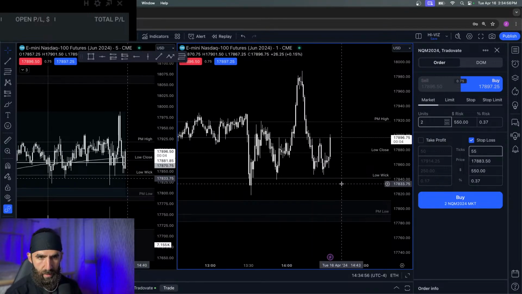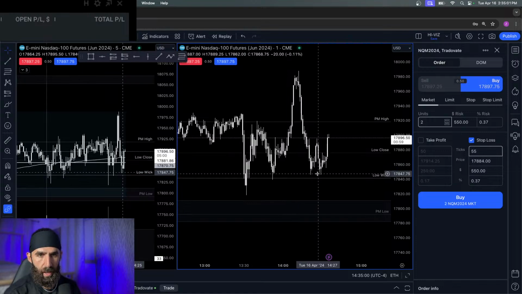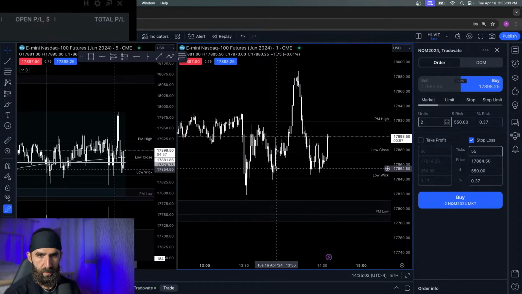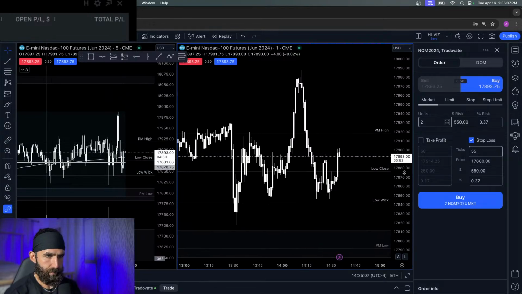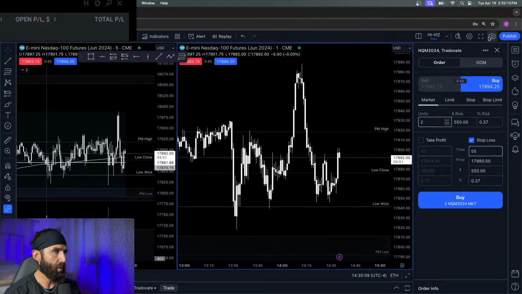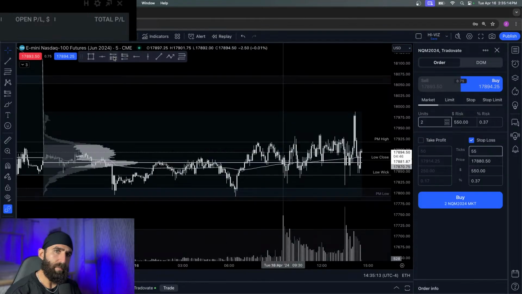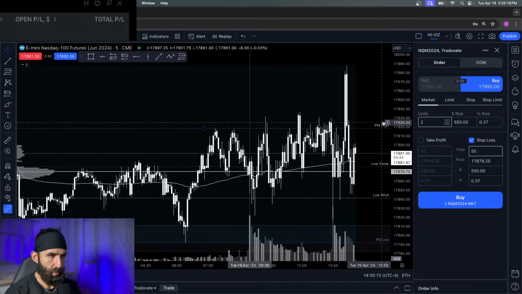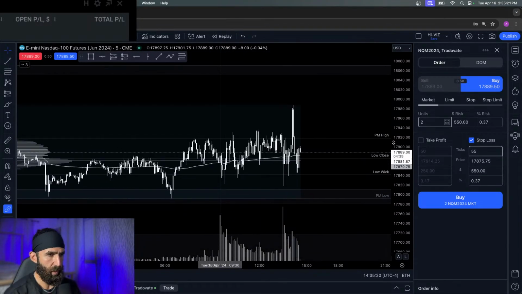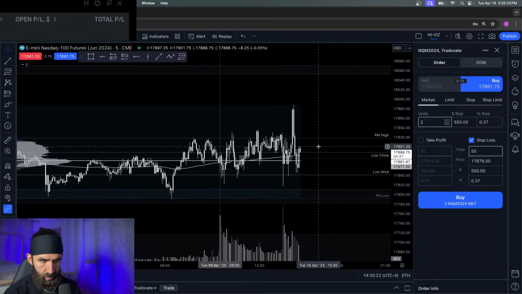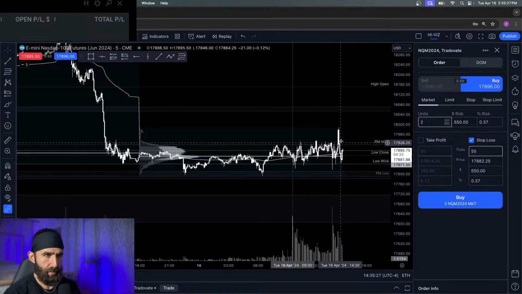We had some news. It was red folder. It was Jerome Powell speaking at 1:15. So we've got some volatility that kicked up from that for sure. Kind of been a rangy day. I'll bring this out to just the 5 minute, with the volume that we have on the chart. Can kind of do a quick analysis with you guys since I'm kind of waiting for this to cool off. It's a little bit rangy right now, so I don't mind doing it today. Haven't done it the last couple of days.